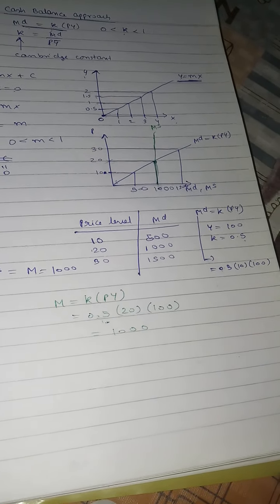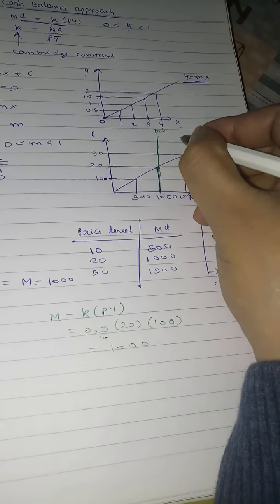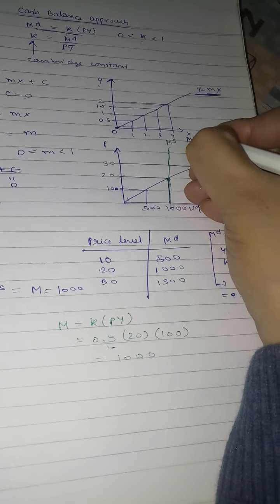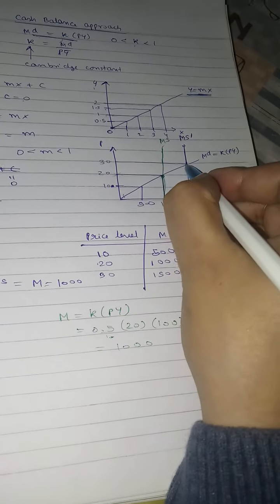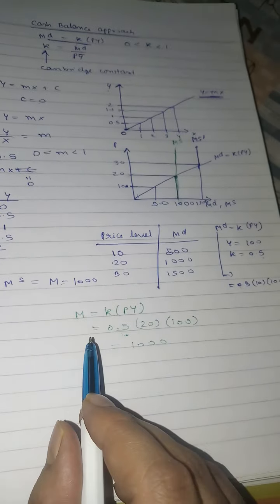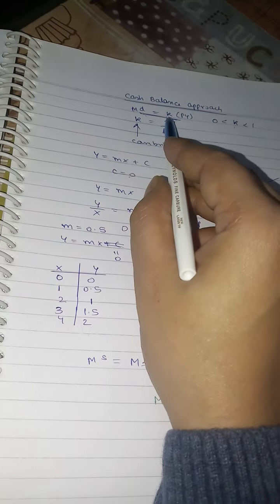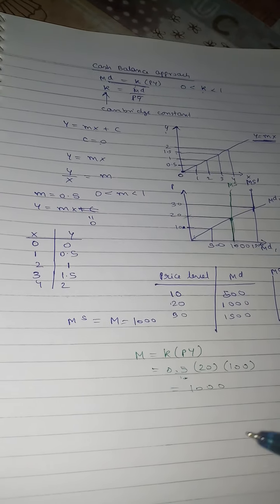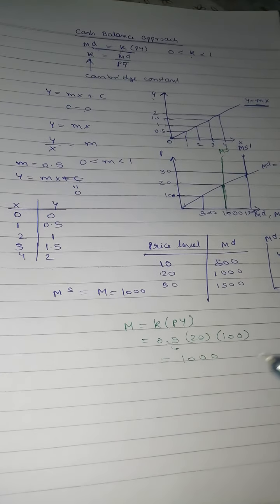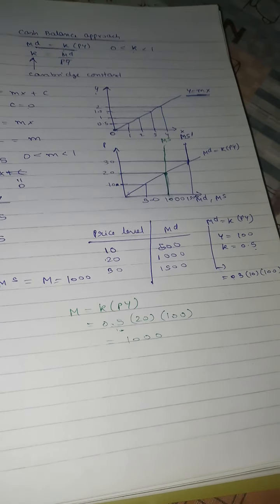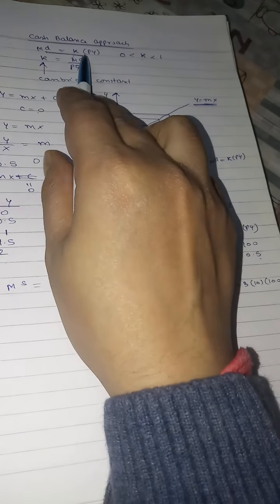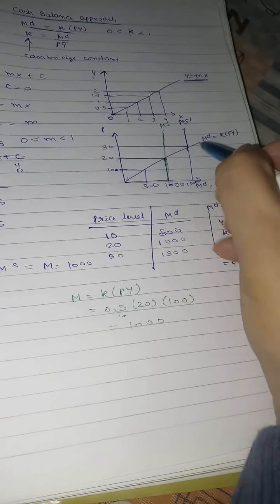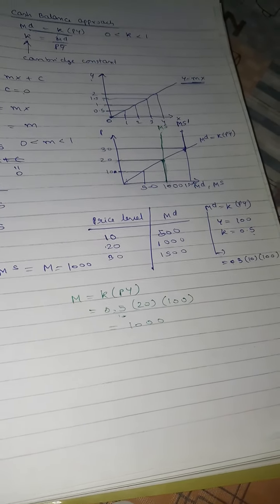Let's use another pen. When money supply increases from 1000 to 1500, say Ms prime, what will happen? The price level will increase to 30. What is the reason for that? Because this is constant: the money that I want to keep as a cash balance as a store of value. It will remain constant because the output is given. I know how much proportion I want to keep. This proportion is not changing. It will remain the same, how much I want to keep as a cash balance.